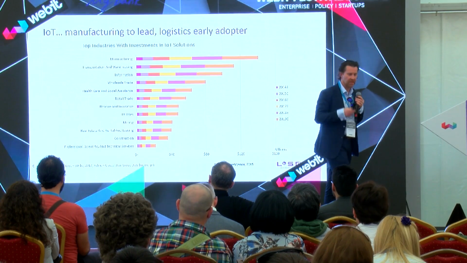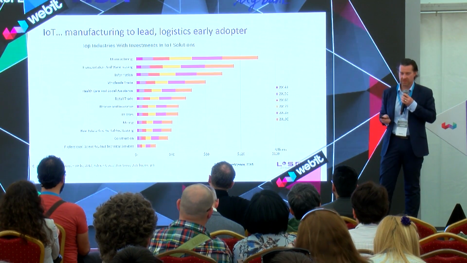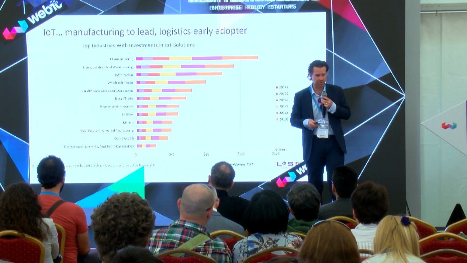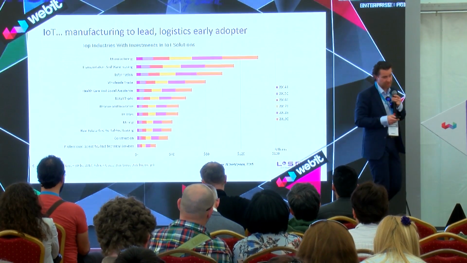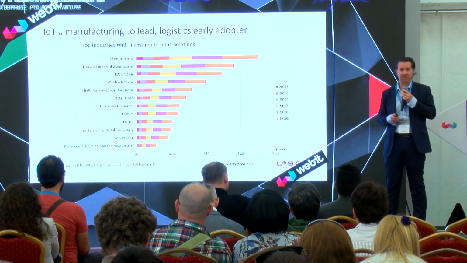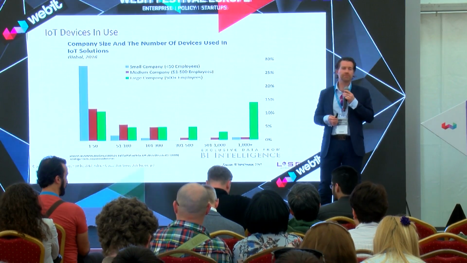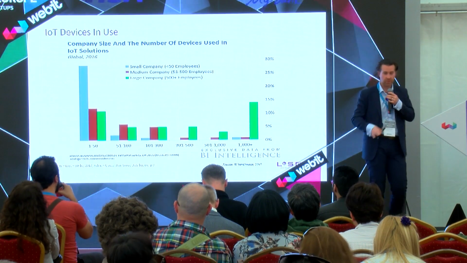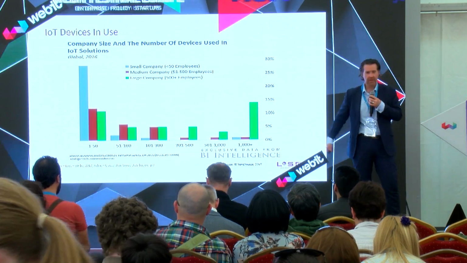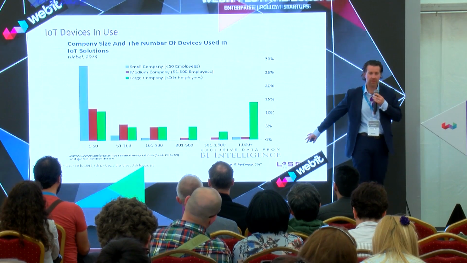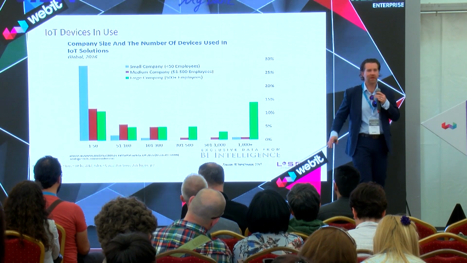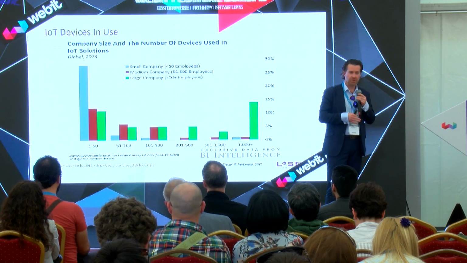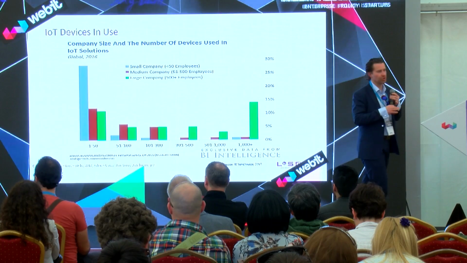And we already see today that manufacturing is really the place where IoT devices are being installed in most places. So a lot in manufacturing, also a lot in transport and warehousing. And this is happening all over the place. It's not only happening in large companies, like you can see here on the bottom right. The companies with more than 1,000 employees have been installing quite a number of those devices. But also in smaller companies, in smaller manufacturing companies. So all over the place,